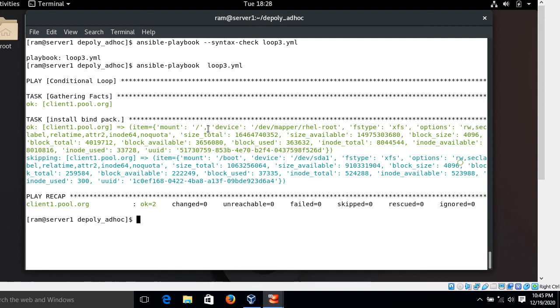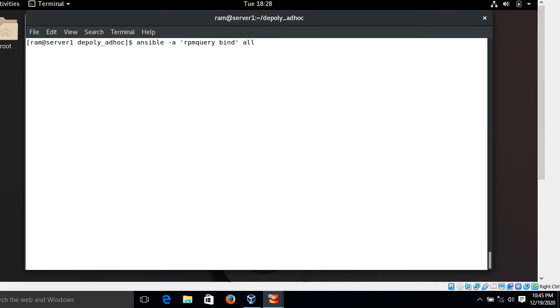This is for slash and this is for slash boot. Now we can verify from the control node whether the package is installed or not using an ad hoc command. For this I run the same command, ansible -a rpm -q, and the package name this time is bind. I press enter. Look at that, it's installed. It's done without any trouble.